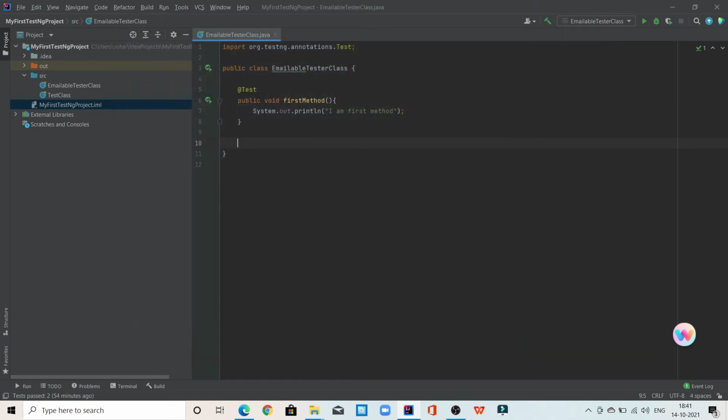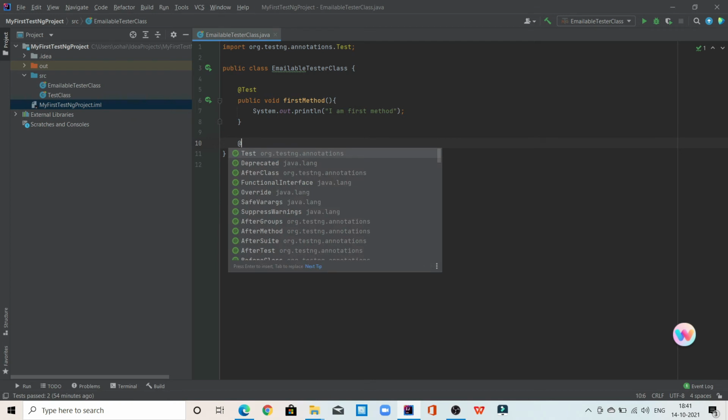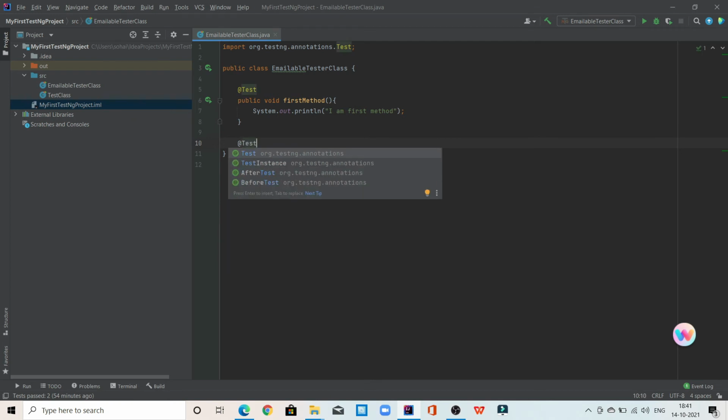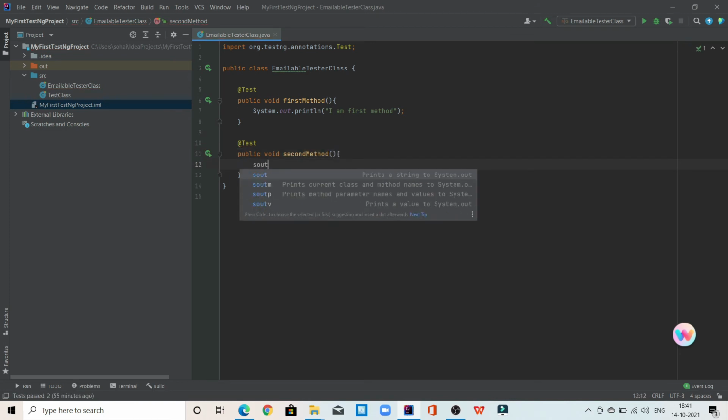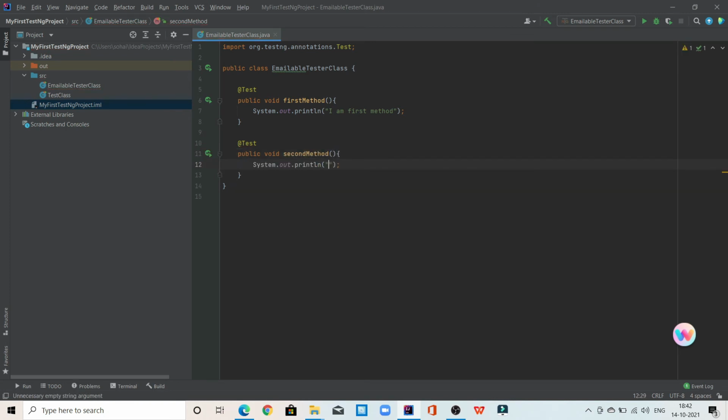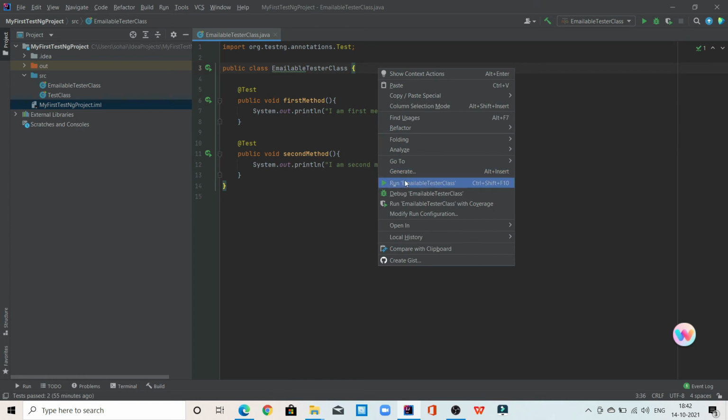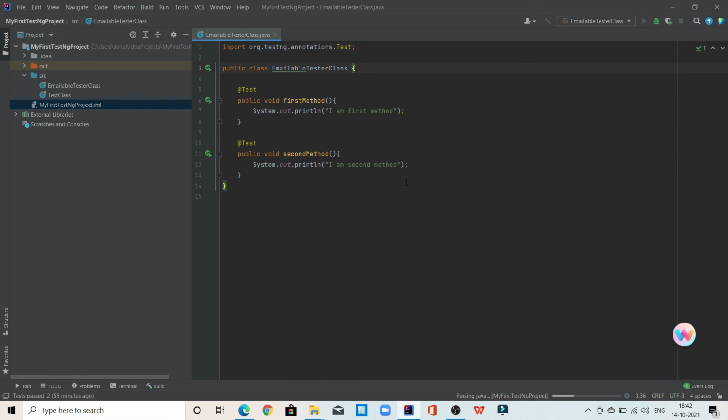Now, I'm going to write one more method so that we can see we are able to execute two test cases using TestNG. So again, I'm going to write another method called second method. And here, I'm going to print a simple statement, I am second method. Now when I execute this particular code,